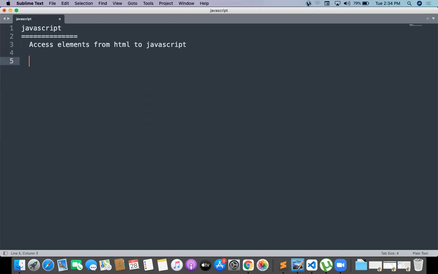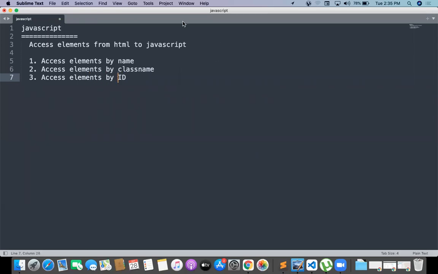The first is access elements by name, the second is access elements by class name, and one more is access elements by ID.